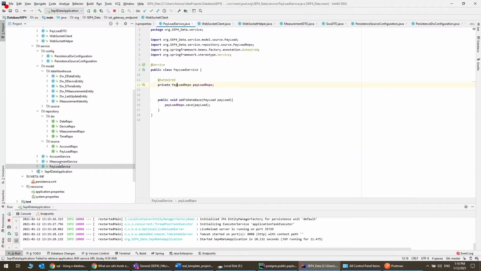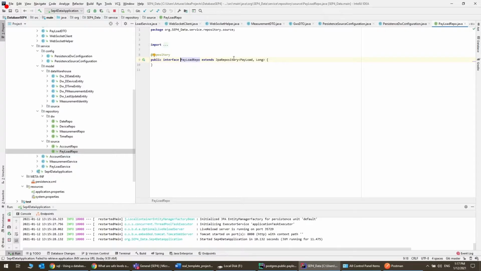The service is, let me just go there, the payload service. Yeah. So the payload service is a service class which handles the logic for adding this payload entity to the database. We have the payload repo, which is basically a JPA repository which handles the entity and the ID here. So this is how we send data from the IoT into the LoRaWAN, into the data